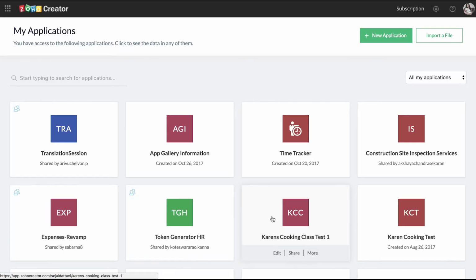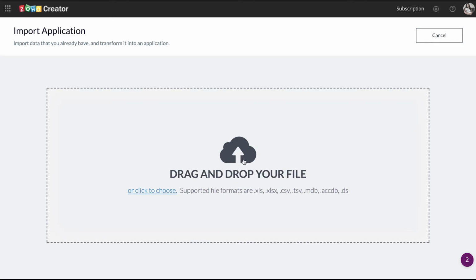So this is the first screen that you will see when you sign up with Zoho Creator. Here you can see that you have 2 options, that is create new application or import a file. To get started, import a file can be used if you have all your data stored in a spreadsheet or in MS Access, which you can quickly import and view as an application. So I already have details stored about all my ongoing campaigns in a spreadsheet file. I'm just going to import that file from my desktop.